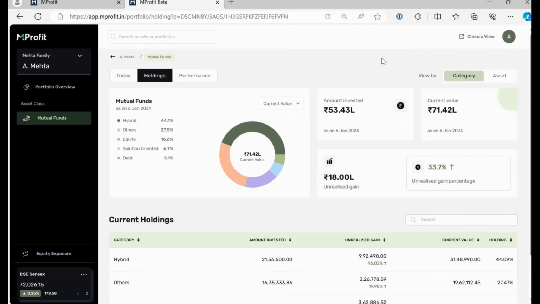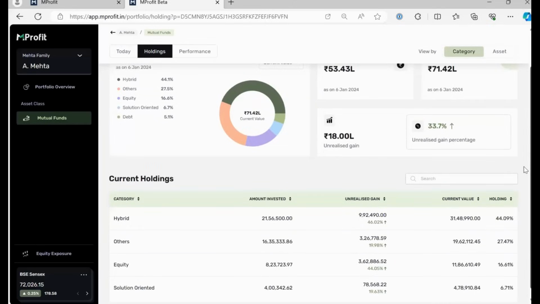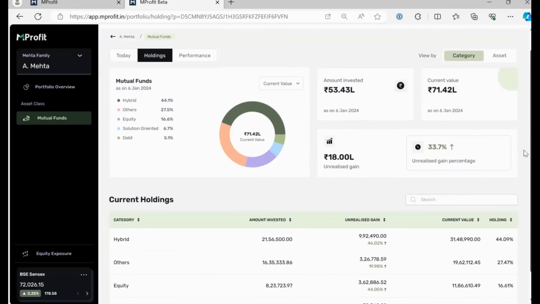So equity is a category as a whole, debt is a category as a whole, solution oriented in mutual funds is a category as a whole, hybrid funds as a category as a whole, gold funds are a category. So we've actually created a more specialized form of asset allocation viewing so that you can track your true exposure to different categories.